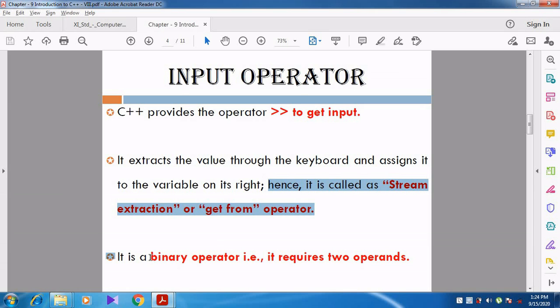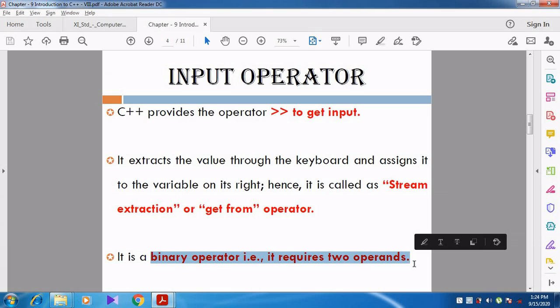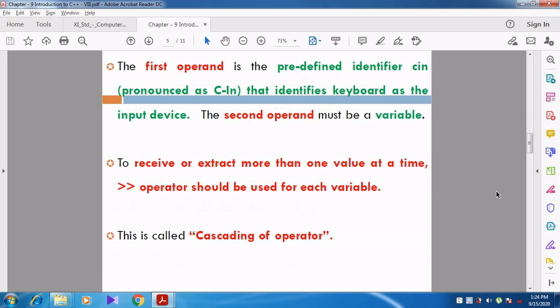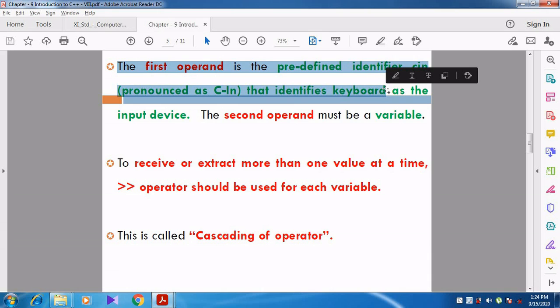And it is a binary operator. How many operands are required? Two operands are required. What are the two operands? The first operand is the predefined identifier called cin, pronounced 'see-in', meaning C input, which is identified as the keyboard, the input device.